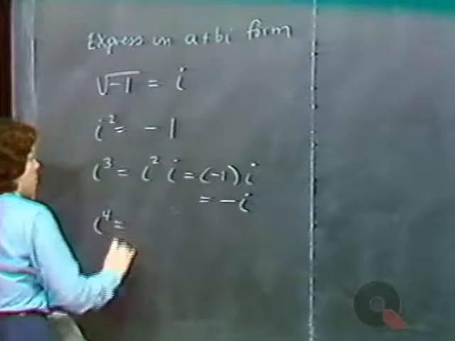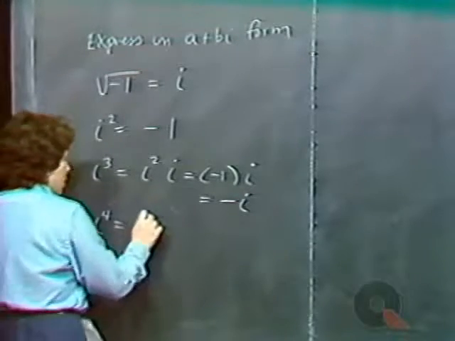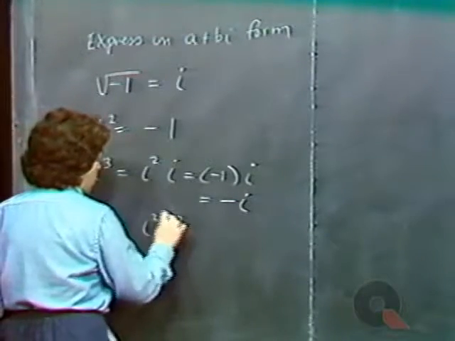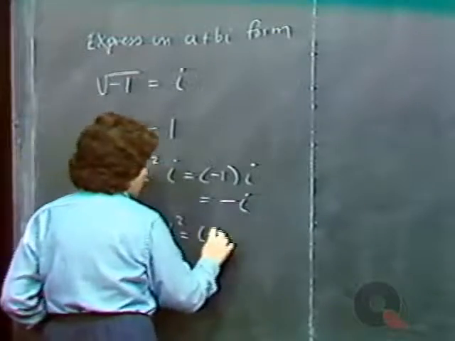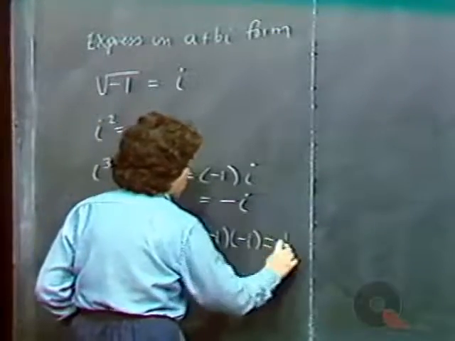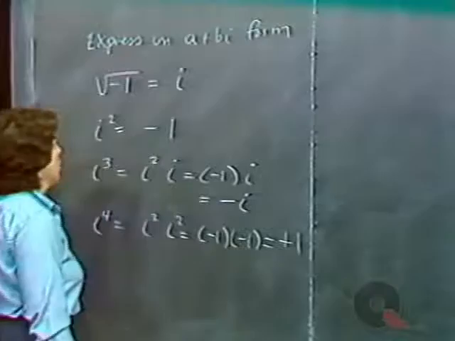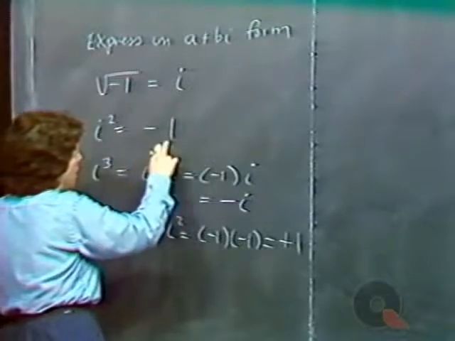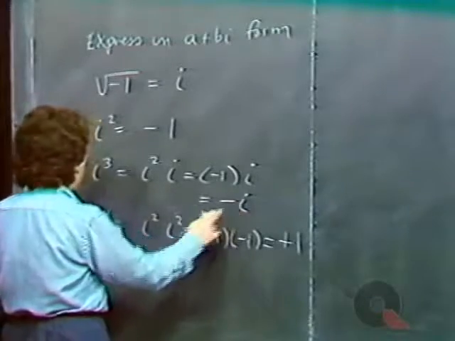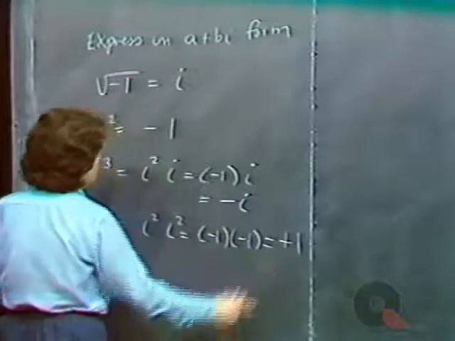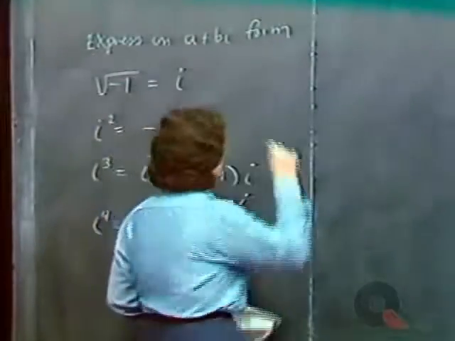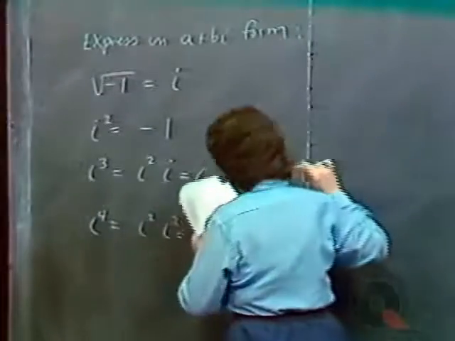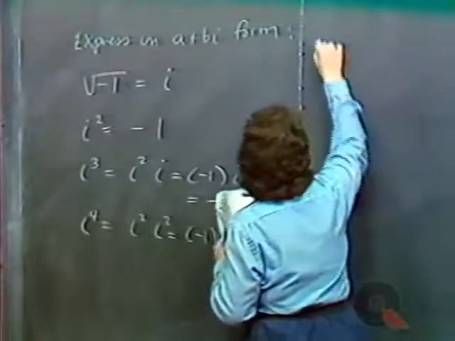And i to the fourth is i squared times i squared, or minus 1 times minus 1, or plus 1. So i squared is minus 1, i cubed is minus i, i to the fourth is plus 1. Now, using that as a basis, express in a plus bi form, problem 15,